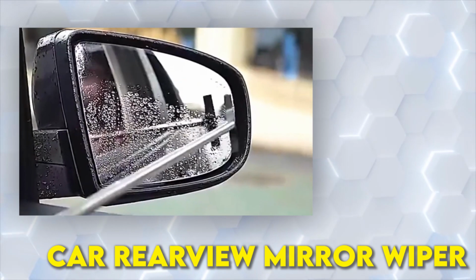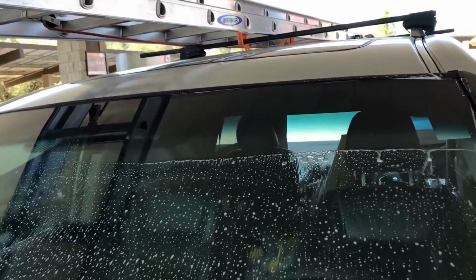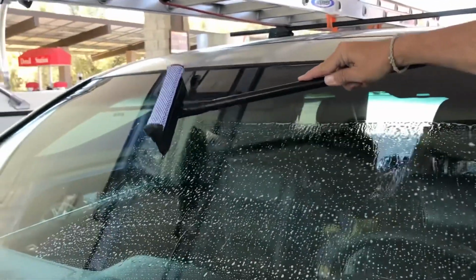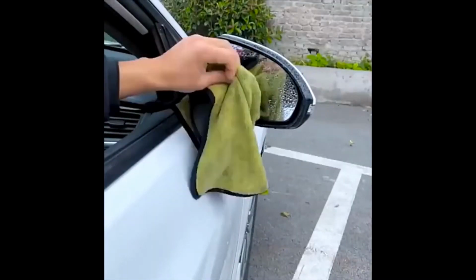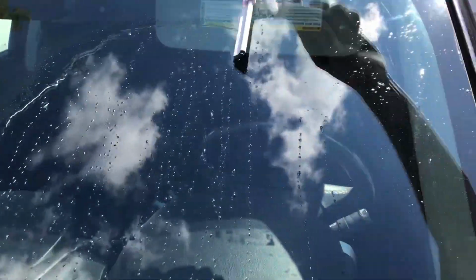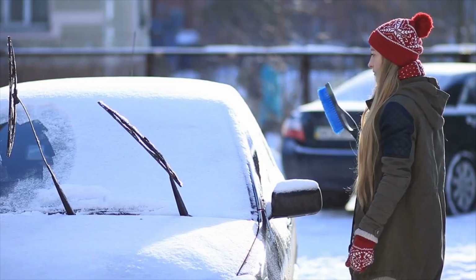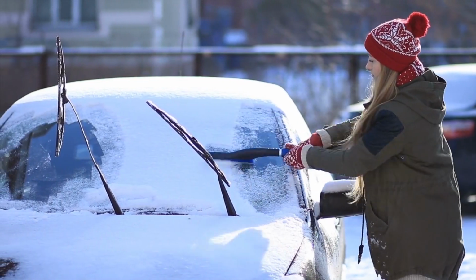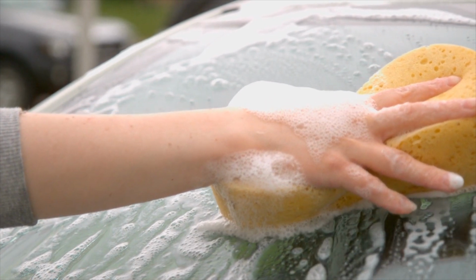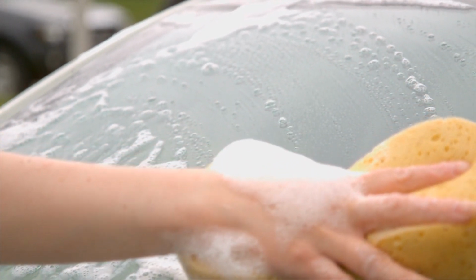Car Rearview Mirror Wiper. For achieving impeccable cleanliness on car glass surfaces, a few essential tools are required: a scrubber or washcloth, a quality car squeegee, and lint-free detailing towels. The car squeegee should have a short width and a long, flexible rubber blade to contour to the glass's curvature. Starting with the windshield's exterior, lift up the wiper blades to ensure a thorough cleaning. Use a scrubber or washcloth soaked in water with a small amount of dish soap to clean the windshield, then